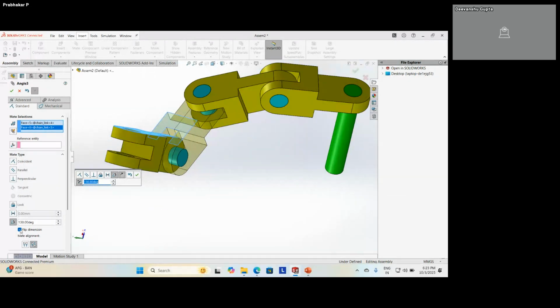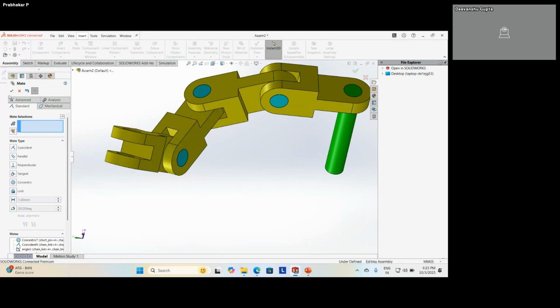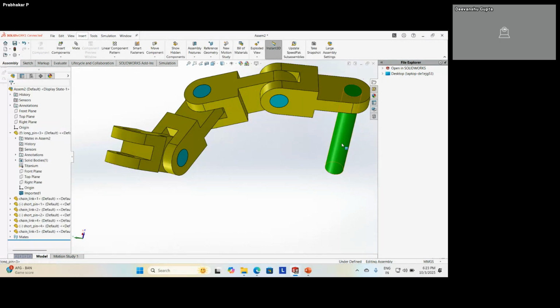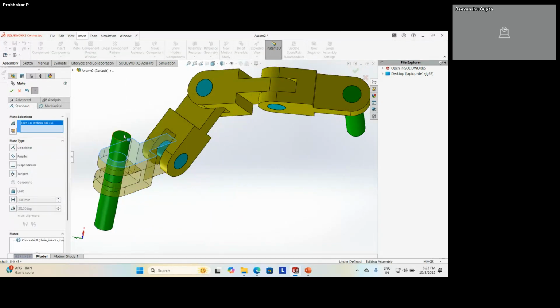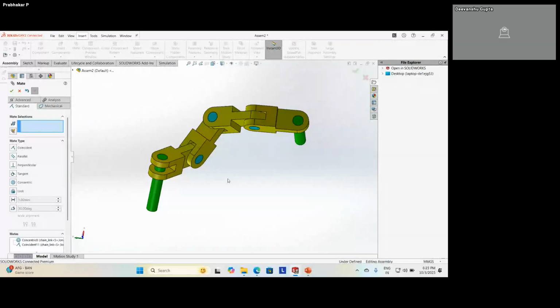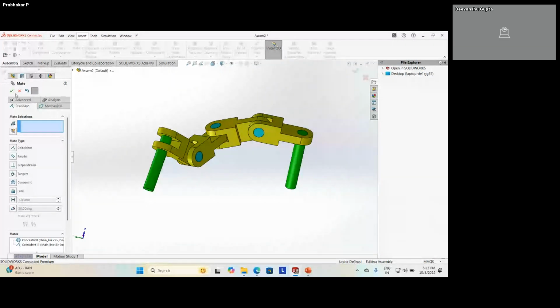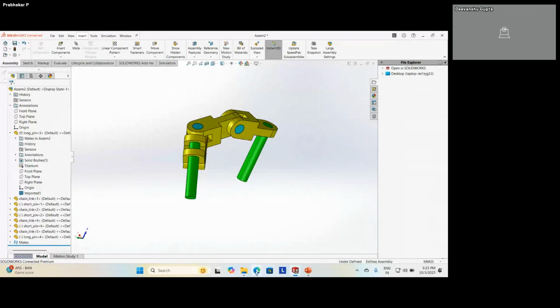Okay, just activate this and click this flip. It became correct. And mate, select here. Done. Okay, the assembly is completed.